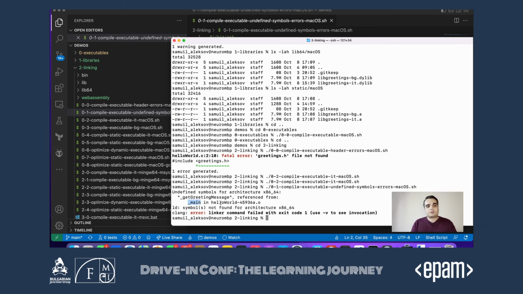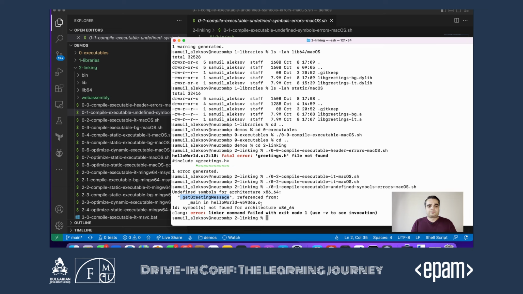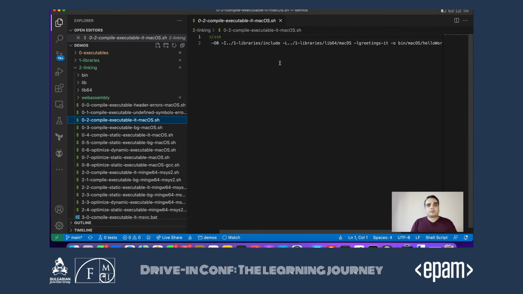So what it says here is that in our main method of the hello world object, we are trying to use a get greeting message, but that was not found. Generally, these kinds of errors are because we didn't tell the compiler where to find the library where this particular symbol was implemented. And the way we do that is by passing the -L capital.